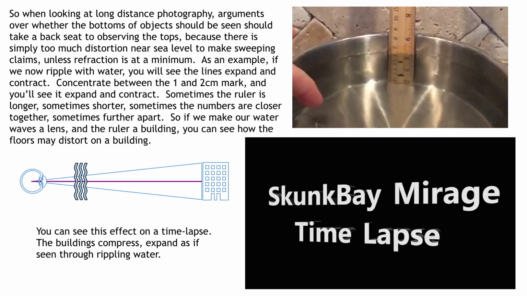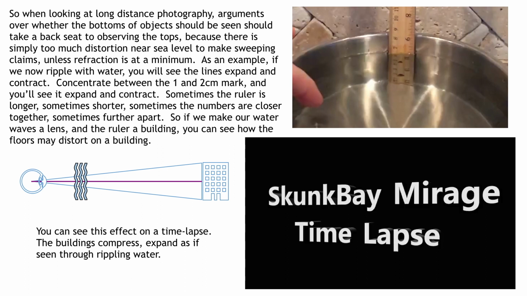So when looking at long distance photography, arguments over whether the bottoms of the objects should be seen or not should take a backseat to observing the tops, because there is simply too much distortion near sea level to make sweeping claims unless the refraction is at a minimum, especially the bottoms of the boats. Why can't we see the bottom and so forth? It's just not relevant, because there's simply too many atmospheric effects across these bodies of water to make any sweeping